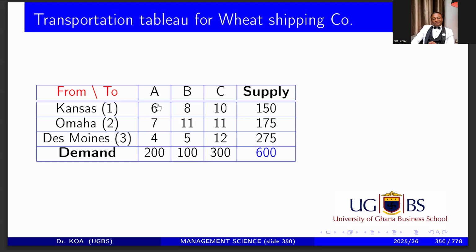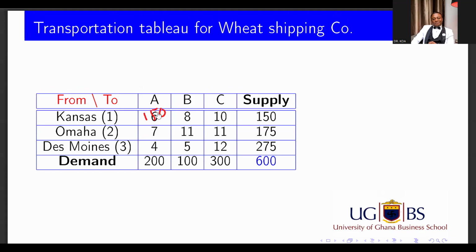But then when you look at it, Chicago was not expecting 150. Chicago was expecting what? 200. You take the 150 here. So that means that even though the 150 has been sent,